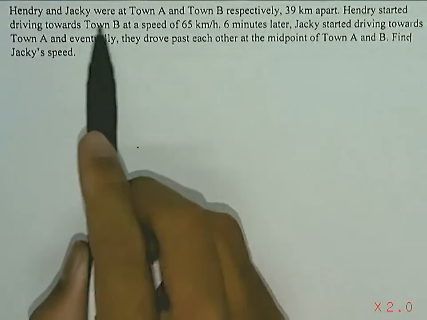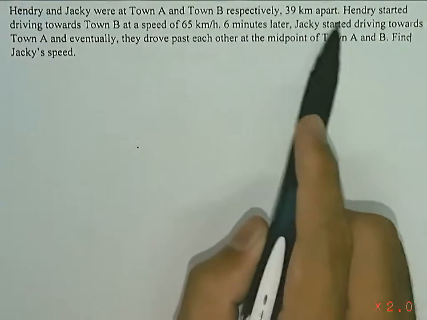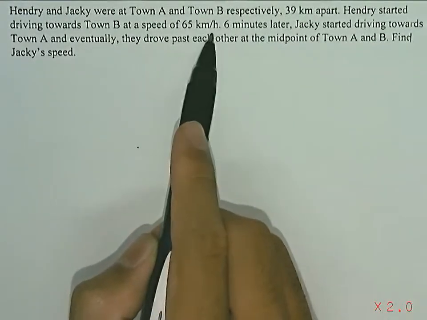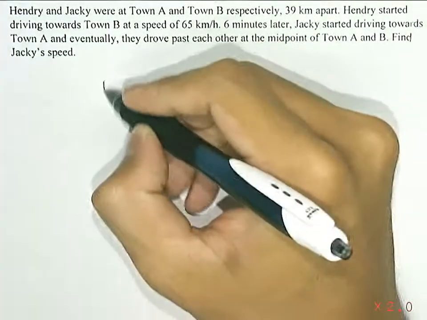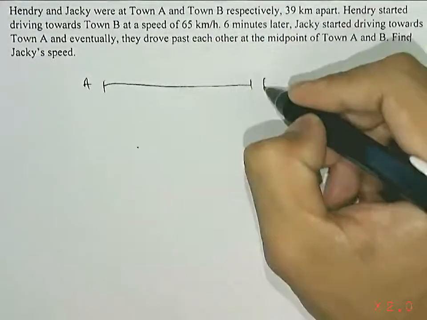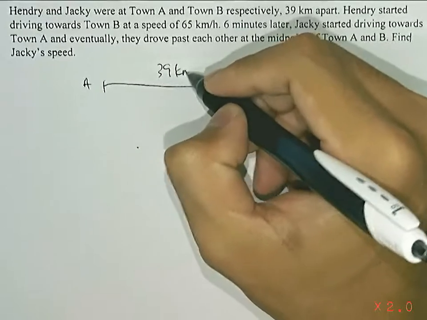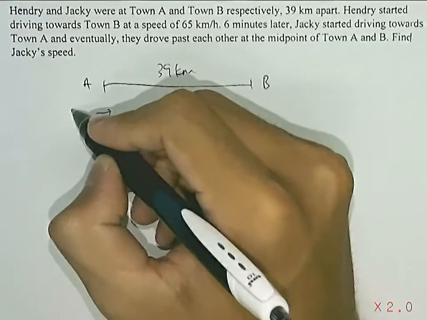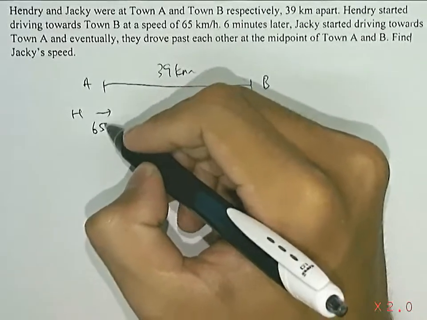So Henry and Jackie were at town A and town B respectively, 39 kilometers apart. Henry started driving towards town B at a speed of 65 kilometers per hour. So if we have town A and town B, it's a distance of 39 kilometers apart. Henry started driving towards town B, so he was going in the direction of town B at a speed of